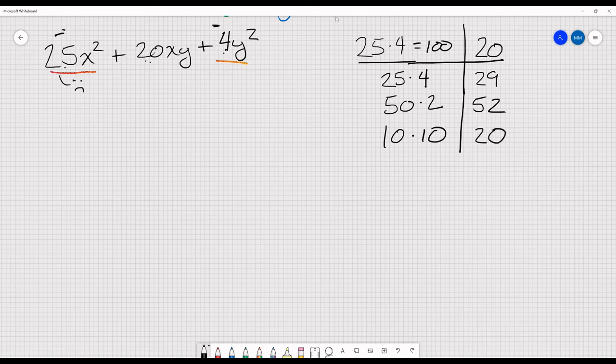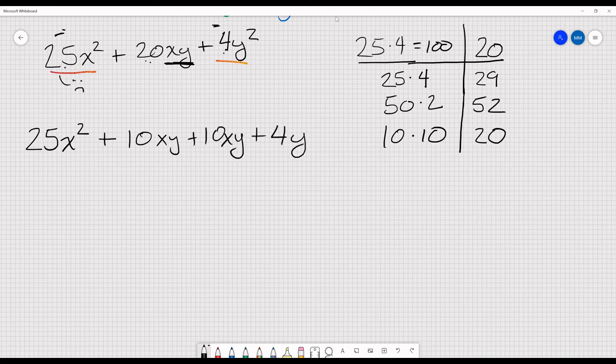All right, I've got extra variables in here, which may make this look scarier. Here's what I do. 25x squared. I'm going to carry this along. 10xy plus 10xy plus 4y squared. I'm just going to carry these variables along. I didn't ask about the variables. I asked about the numbers, right? Carry those along. What do? Factor these two separately. How about I take out 5x? And I have 5x remaining. And then plus